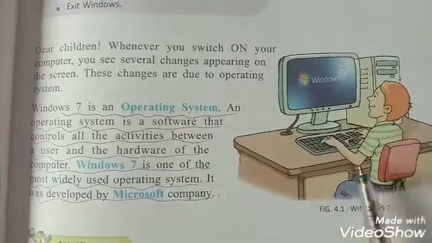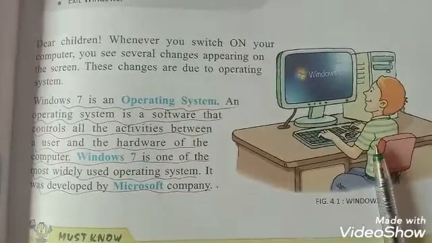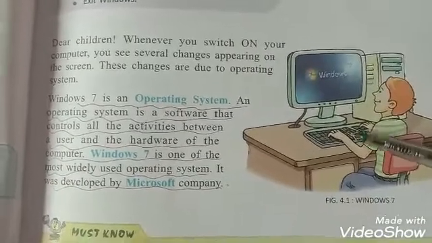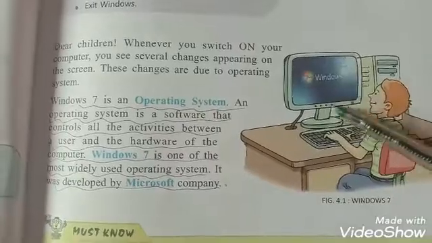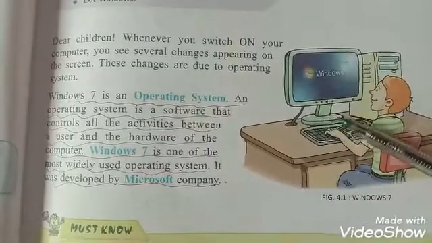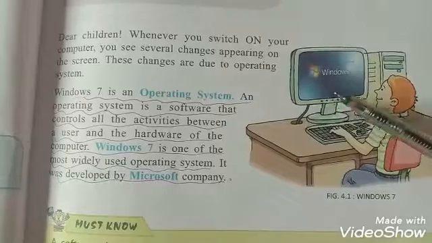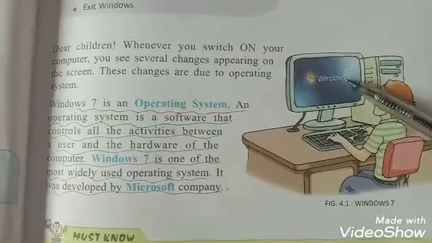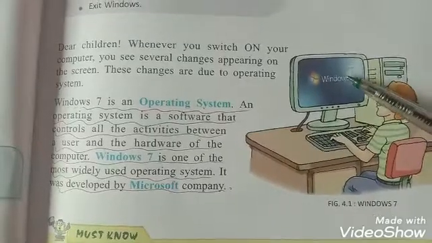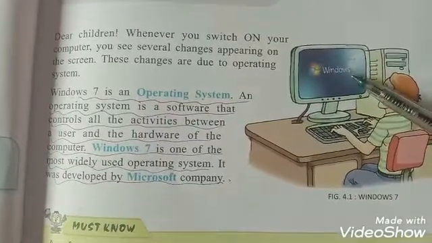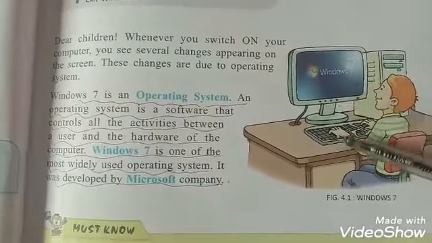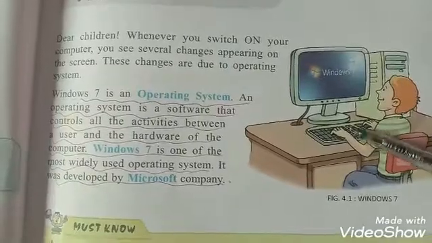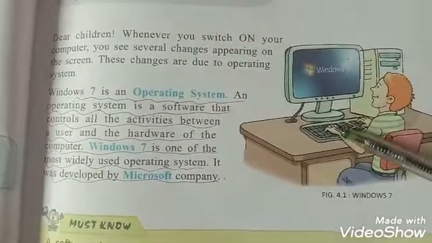Our first topic is Windows 7. Students, when we open a computer and several changes appear on the computer or desktop screen, these changes are due to the operating system, and operating system is a way of connectivity between user and hardware of the computer system.